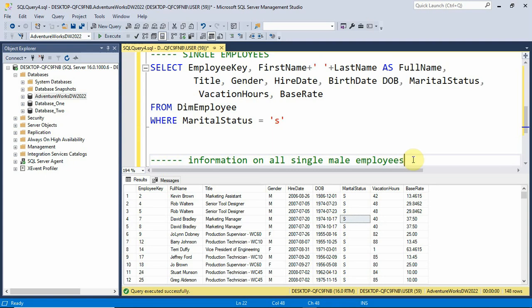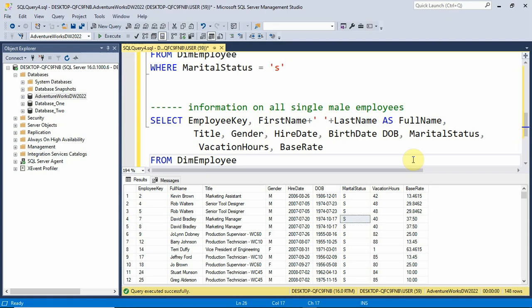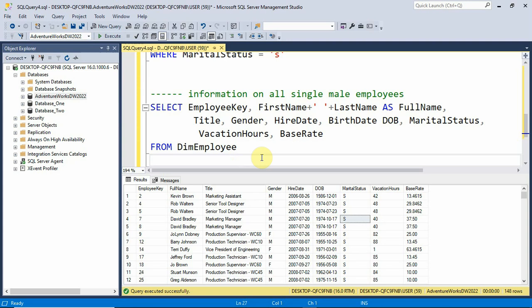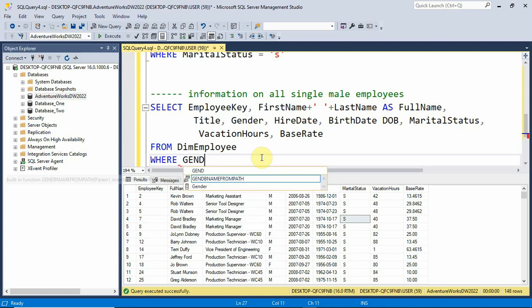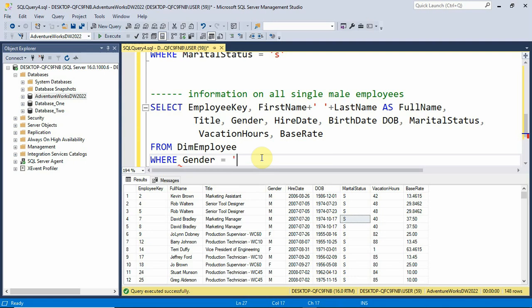First off, you can see that there are two things we are looking out for here: single, which we will get from our marital status, and male, which we will get from our gender. So we have two conditions here. We are going to filter for where the gender is male,